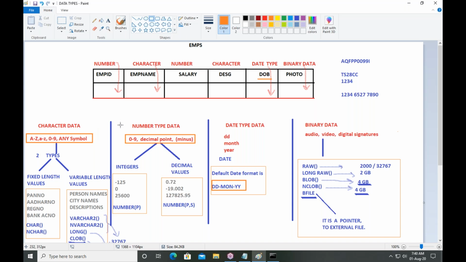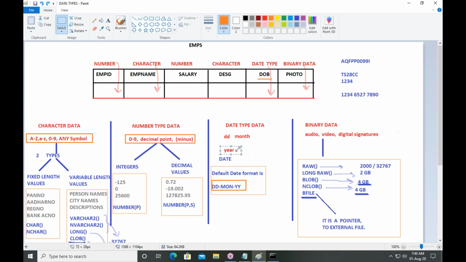Binary data means audio files, video files, digital signatures, images, and also thumb impressions, biometric machines. You know biometric, thumb impressions. All these things are known as what is that?